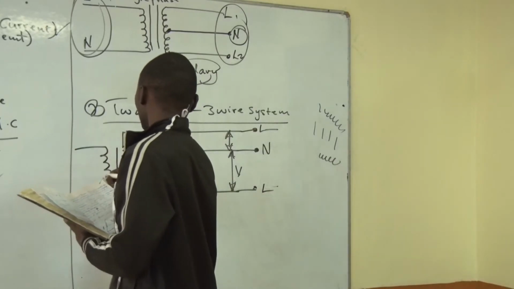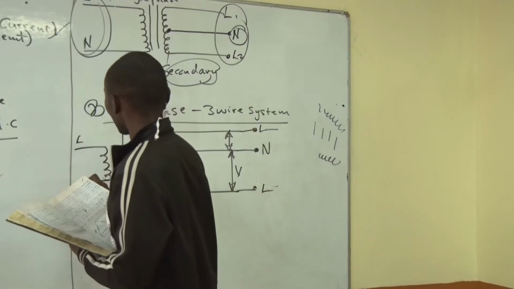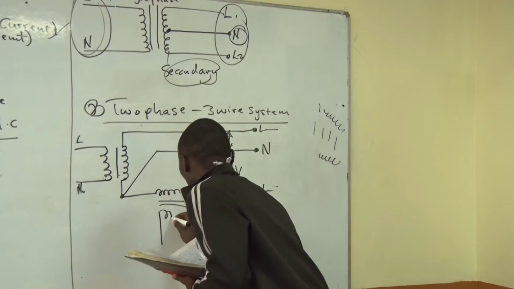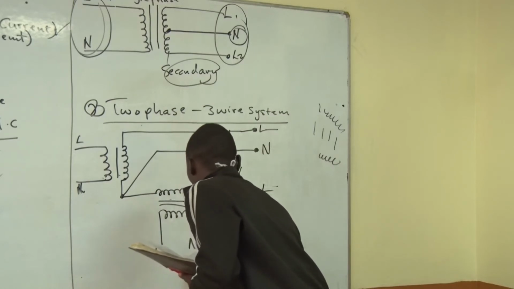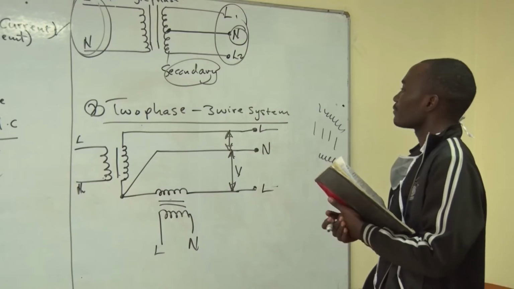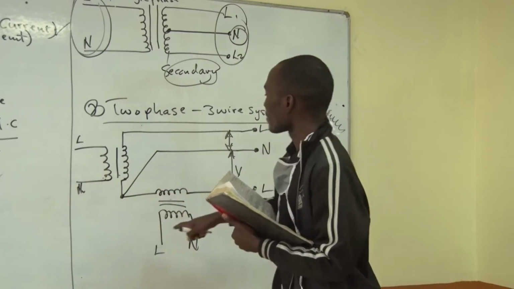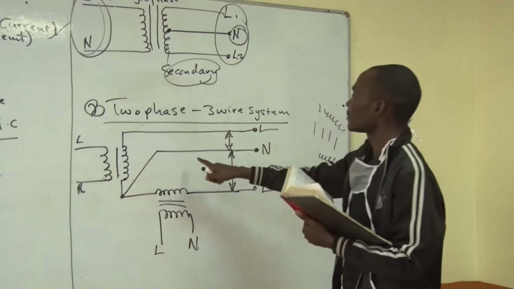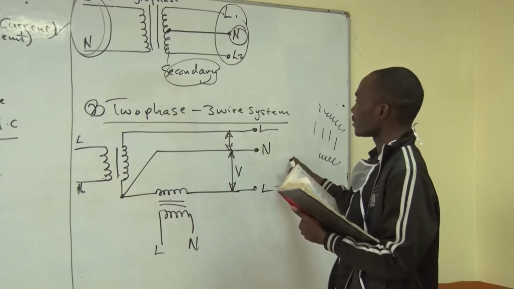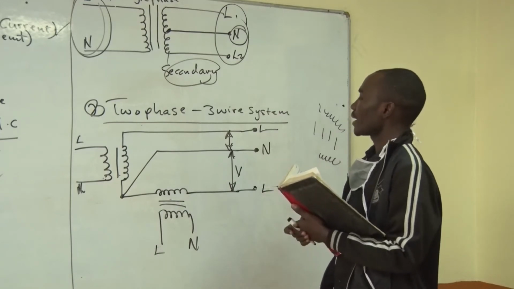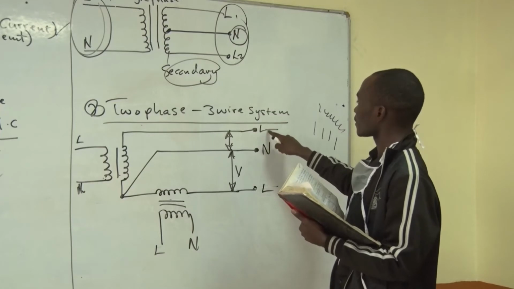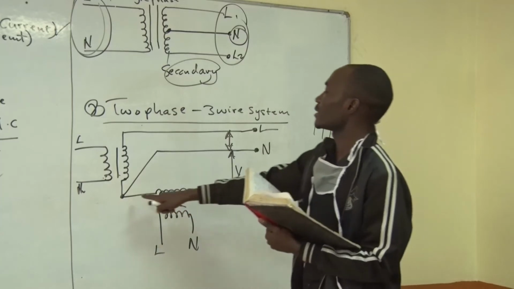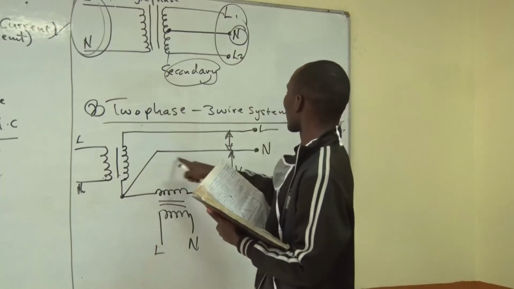You can see it is being fed by a single phase, live and neutral. This other one is also being fed by a single phase, which is the live and neutral. So you can see the combination of these 2 transformers. Each transformer will produce a phase. So we have this phase and we have this phase. So from the outgoing, which is the secondary side, we will get 2 live wires, this live and this other live wire, to give us the 2 phases. Then at the center of the transformer, we get our neutral.